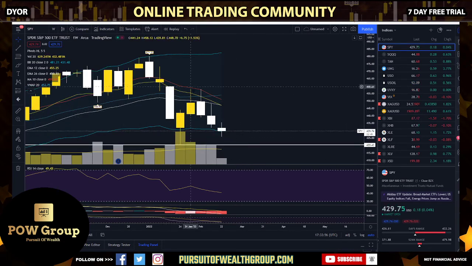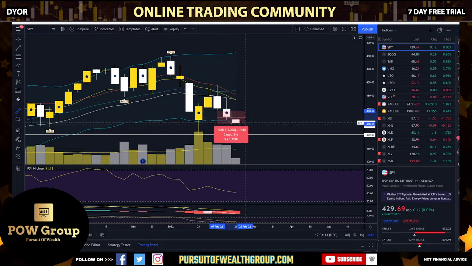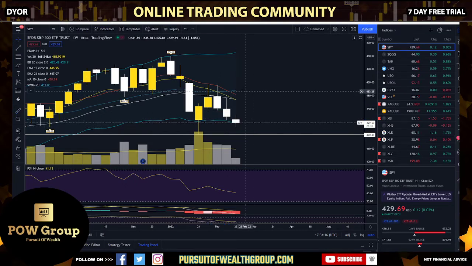Now look what happened. We rejected at those EMAs. We were below it, so it's confirmed as resistance now, right? We're below those EMAs, so it's perceived as bearish. We even had those upper wicks signaling that we could see a bit more sell-off and weekly consolidation. That's exactly what we got. As soon as we lost the low here at 438.94, we started weekly consolidation. Even if you just exited there, that would have saved yourself about 3% worth of downside once we started weekly consolidation. So that's how important it is to understand weekly uptrends, monthly downtrends, and when weekly consolidation begins, when the weekly bounce begins.